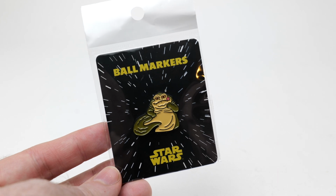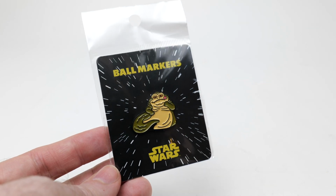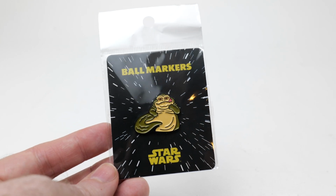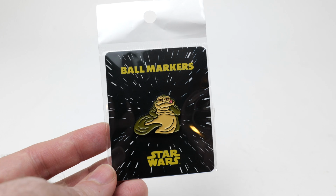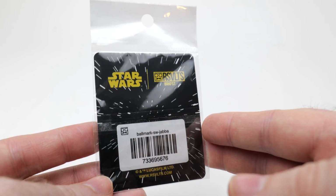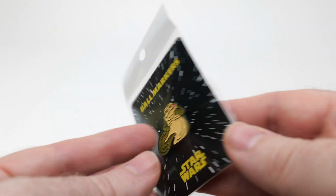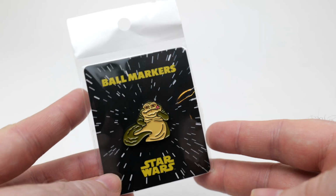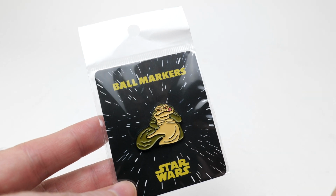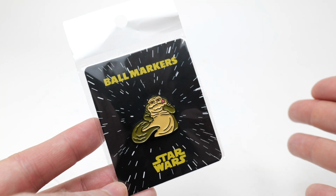If you ever need to mark some balls, I guess you can use this. This is a ball marker from the company Roosevelt's that normally I associate with kind of fancy shirts. In fact, I have a couple of them that are Star Wars themed. May talk about them at some point. But this is, I understand, used in golf to mark the position of where a ball was. I never played golf, not particularly interested in it, so maybe I'm misunderstanding some aspect of this, but